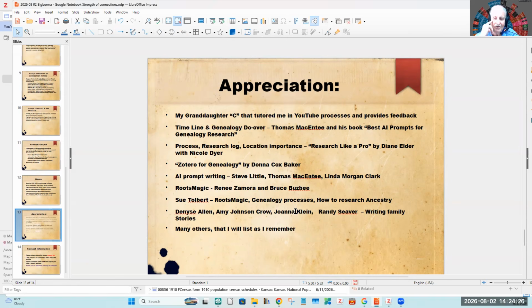Thomas MacEntee's book is out. I will be using some of his prompts. I don't want to violate his copyright, so I probably will not share those prompts with you. The best thing you can do is get the book. The book is in the High Point Library in North Carolina, and they do library loans, that's my understanding, or at least they do one-way library loans because they bring in books for me, so I assume they do two-way library loans. So you could do a library loan from there to get it.